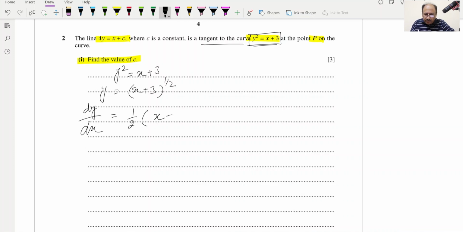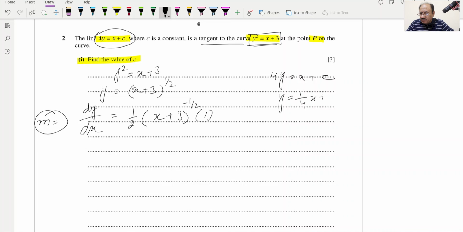The power will be pulled first, so (x + 3)^(-1/2), and the derivative of x will be 1, and you know the derivative is the gradient. So this is the m value, and we can find the m value from this equation. So 4y = x + c, and we can shift the 4 to the other side. We will write this equation in the y = mx + c format, and this will be equal to 1/4 x + 1/4 c, and you know this part is the gradient,